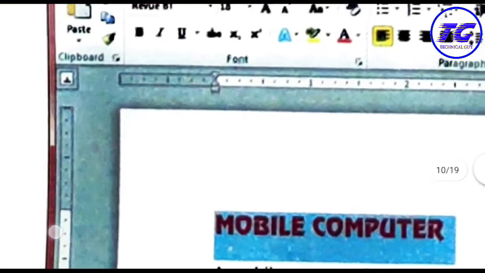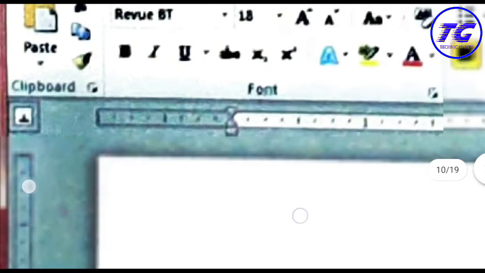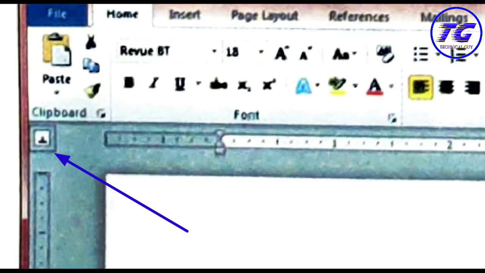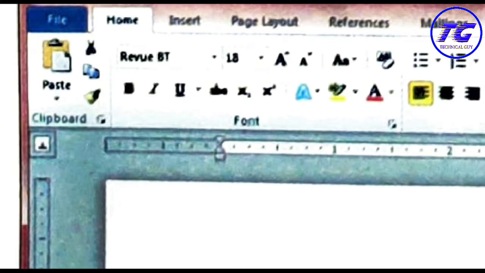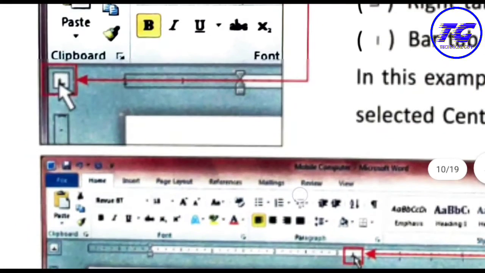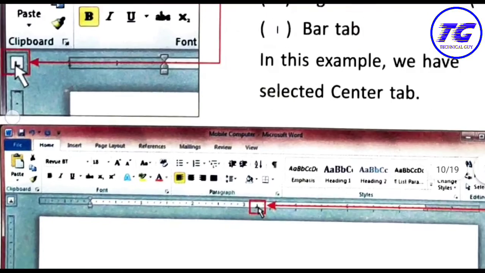Here this button is shown to you just below the clipboard or just in the corner of these two rulers. You have this button, and this button is used for setting a tab. You can click on this button to apply a tab.